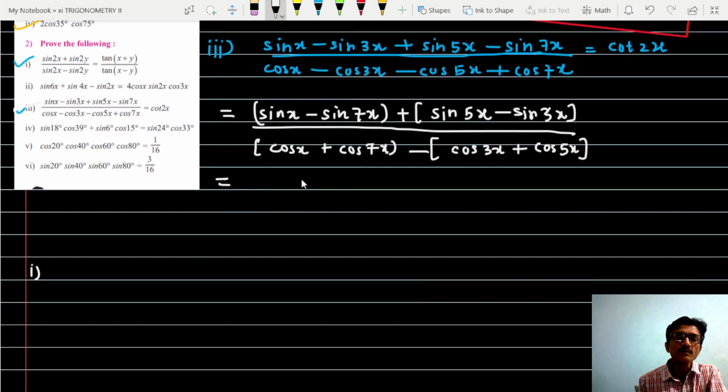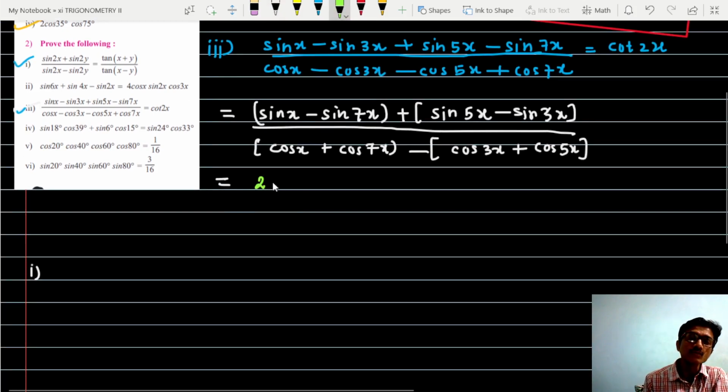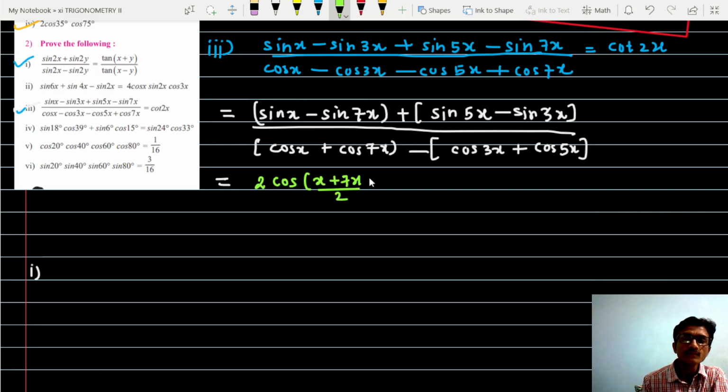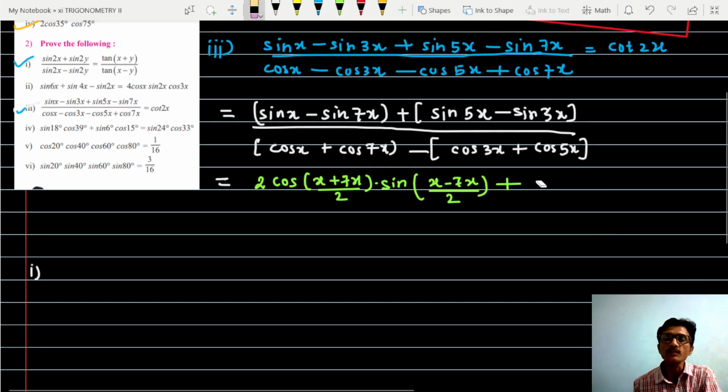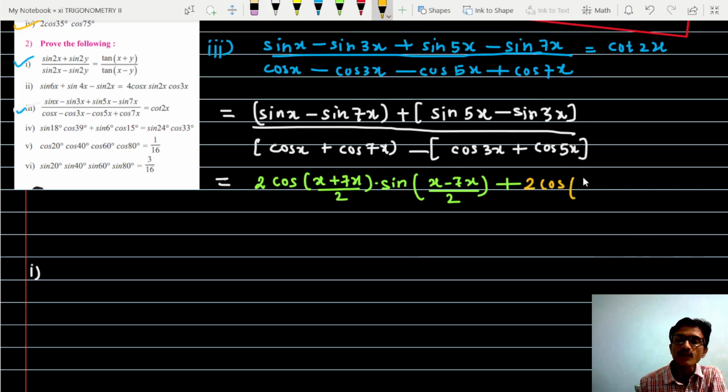We use the formula sin c minus sin d, that is 2 cos c plus d upon 2 into sin c minus d upon 2, that is x minus 7x upon 2, plus here same formula sin c minus sin d, that is 2 cos c plus d upon 2, that is 5x plus 3x upon 2 into sin c minus d upon 2, that is 5x minus 3x, which is 2x upon 2, whole divided by